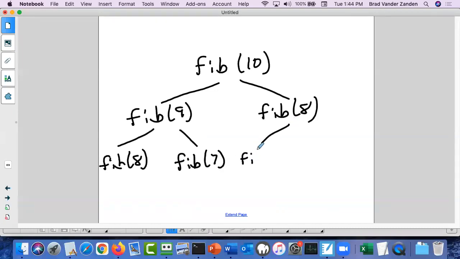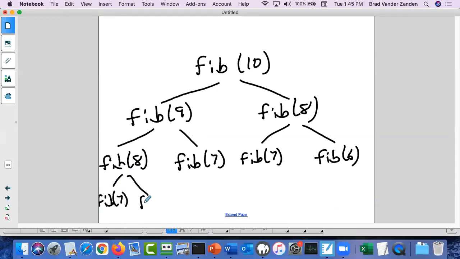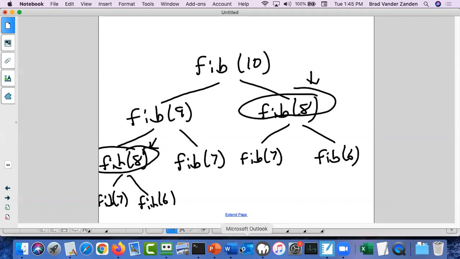This does fib of 7 and fib of 6. And you can see already this evaluation is going to give the same result as that evaluation. If I've already done this evaluation right here, I don't have to do it a second time